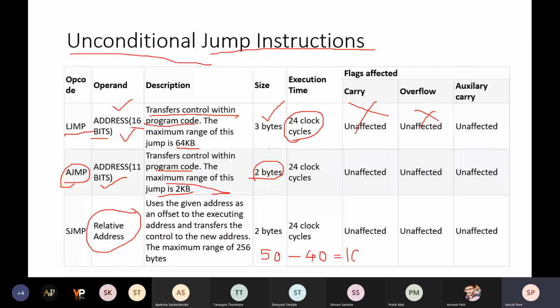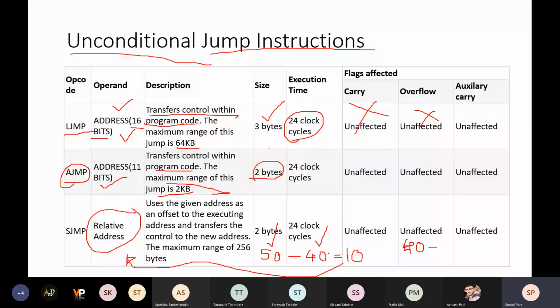Suppose you are taking the backward jump. Backward jump means jump to the previous address. Your current address is 40, and your new address is 30. Before, current address was 40 and new address was 50, so it was 50 minus 40.